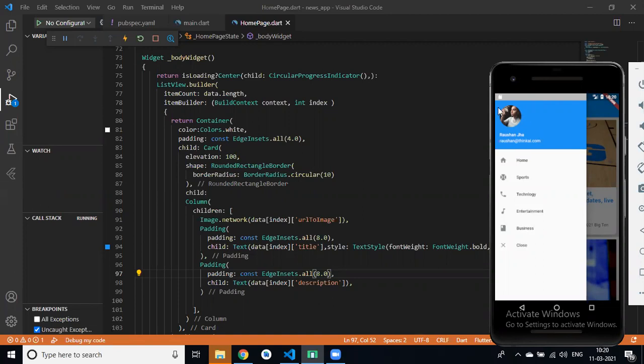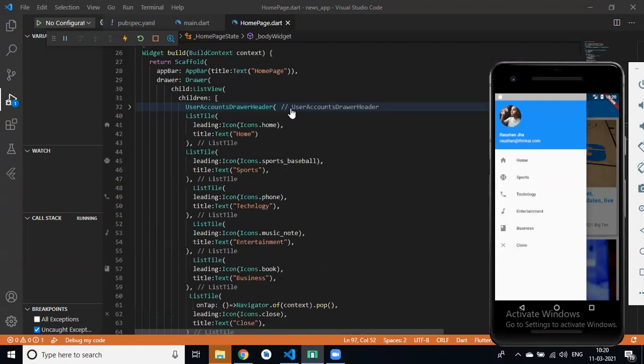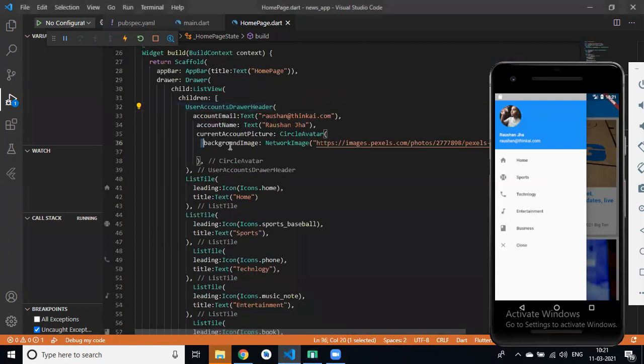Now you can see this circle avatar on the navigation header. This is circular, right? Because I have set a background image, not a child. If I set child and refresh this, then you can see this circle avatar in a rectangle shape.